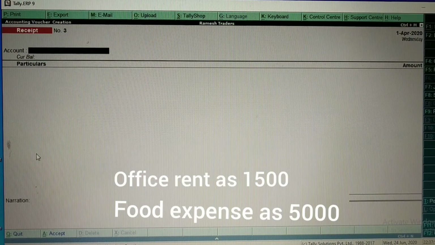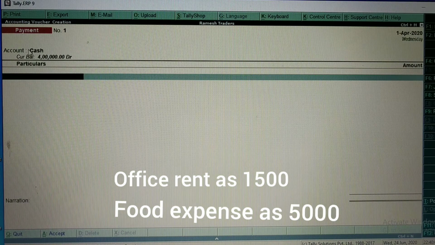Okay. Next one is Ramesh paid office rent as 15,000 and food expense as 5,000 rupees. Here he is paying cash, so what will come here? Payment voucher. You need to press F5 from your keyboard. He is paying cash, so here you need to select cash as the account, and then the expense, office rent, he is paying 15,000 rupees.